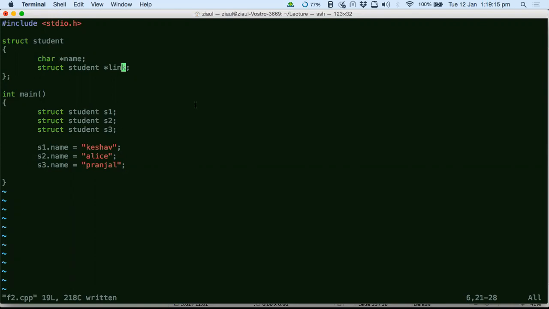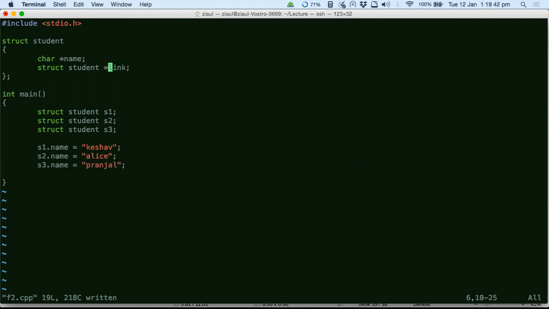That means it stores the location of another struct. This is another member. Previously, I just had the name as a member variable, right? So now I have added one more member variable inside my struct that allows me to store the address of another struct. So what can I do with the address, guys? I can go to that location and read whatever is stored in that area, right? That's what an address allows me to do in a C program. That's what a pointer allows me to do.